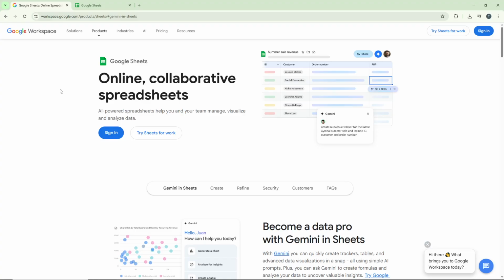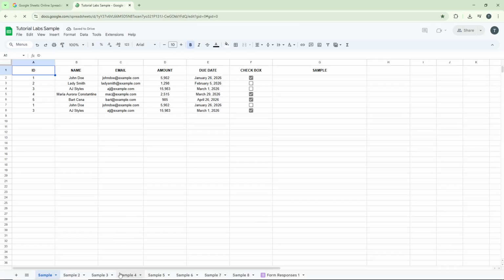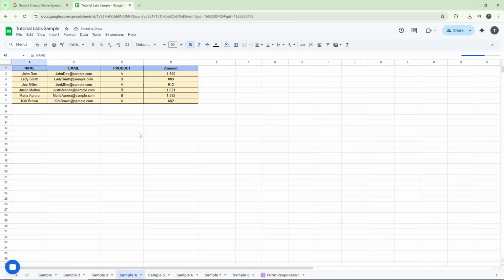Once the page loads, go ahead and log into your account using your credentials. This will take you to your Google Workspace dashboard where all your documents and spreadsheets are stored. Once you're on the Workspace dashboard, take a moment to locate the spreadsheet where you want to remove table formatting. Simply click on it to open. This will launch the spreadsheet in a new window, giving you full access to all the editing tools and features